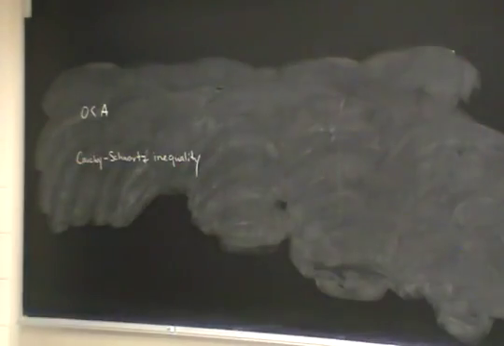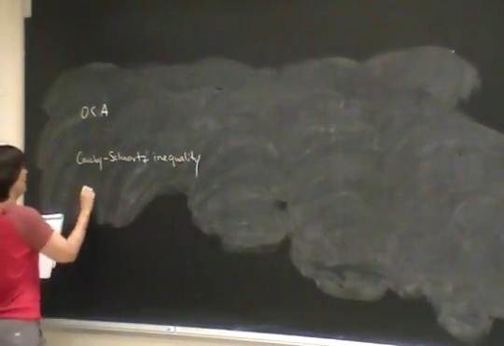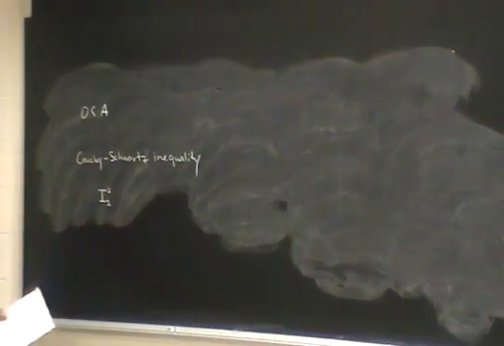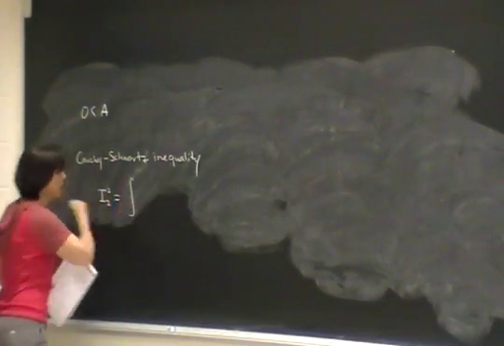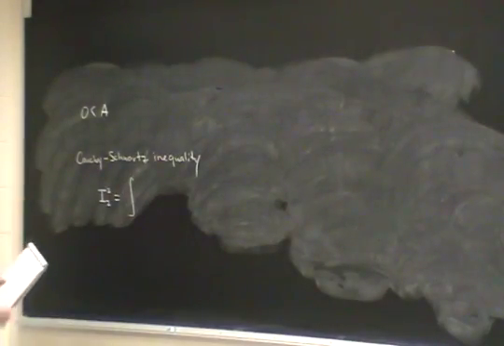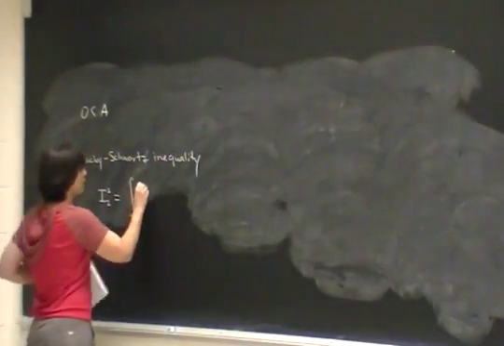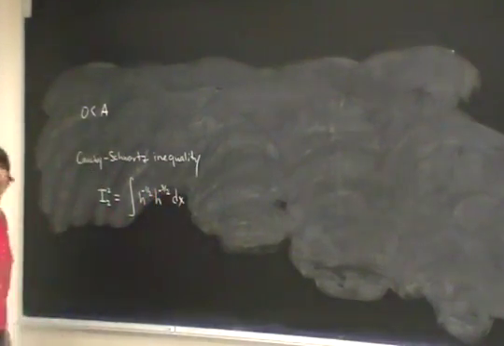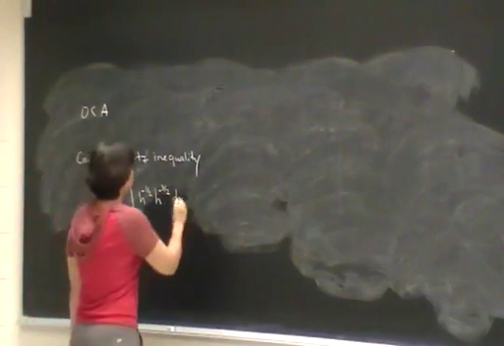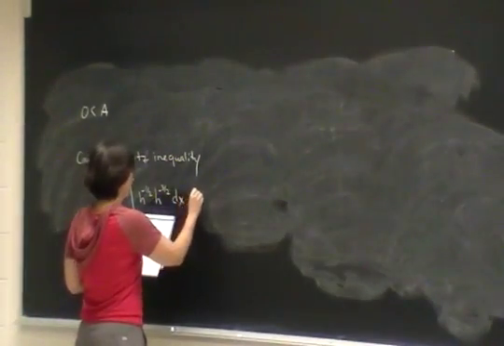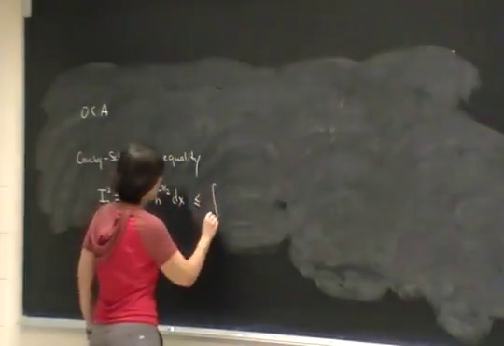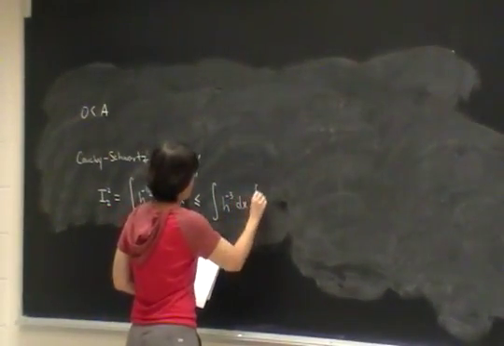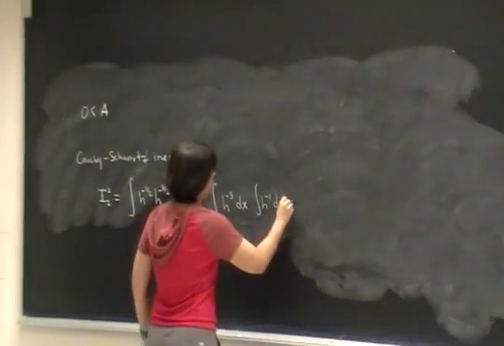Okay, and the Cauchy-Schwarz inequality tells you the following. Let me write it in terms of my I's. I2 I can write in this funny way. I can split the inside of that integral up into h to the minus 1/2, h to the minus 3/2 dx. And the Cauchy-Schwarz inequality tells me that this must be less than or equal to the integral of h to the minus 1/3 dx times h to the minus 1 dx, which is equal to